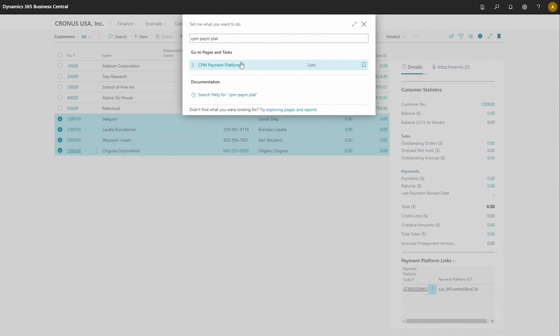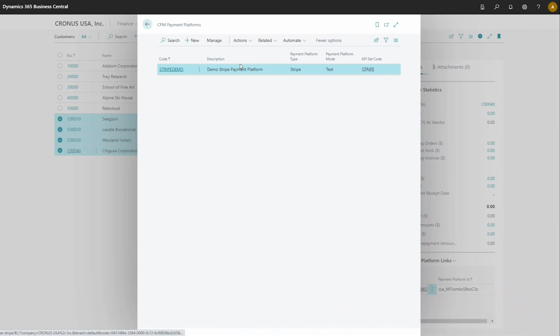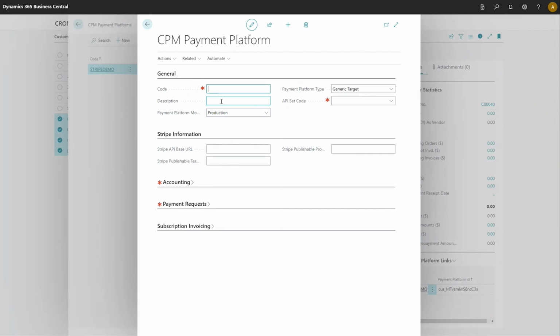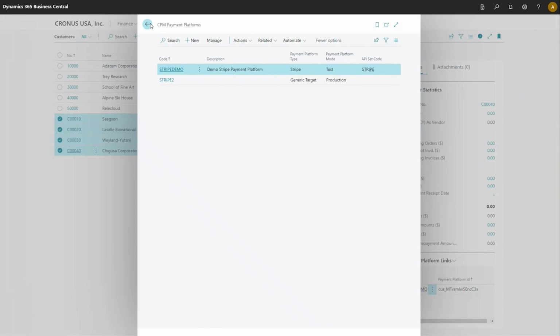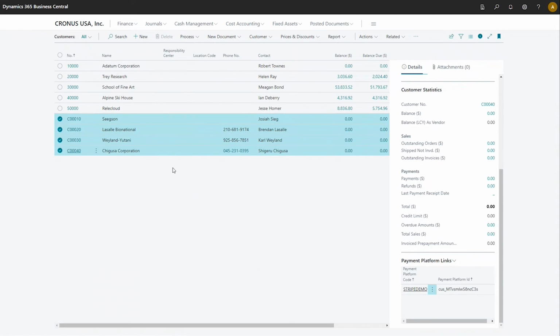create a second payment platform. You can see I only have one set up right now. I'm going to create a second one, and I don't need to give any information beyond the code to it. So I'm not going to set it up or anything. But the thing I wanted to show is